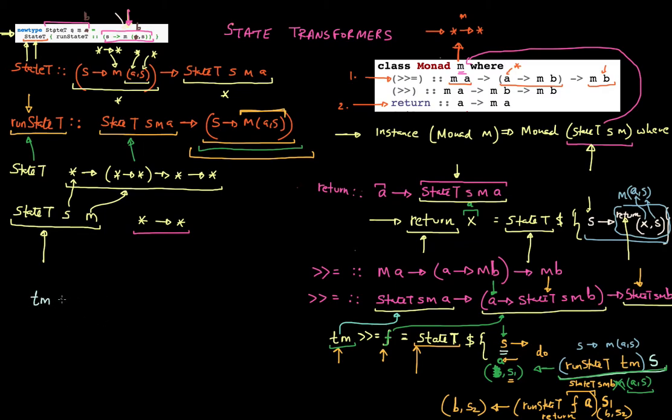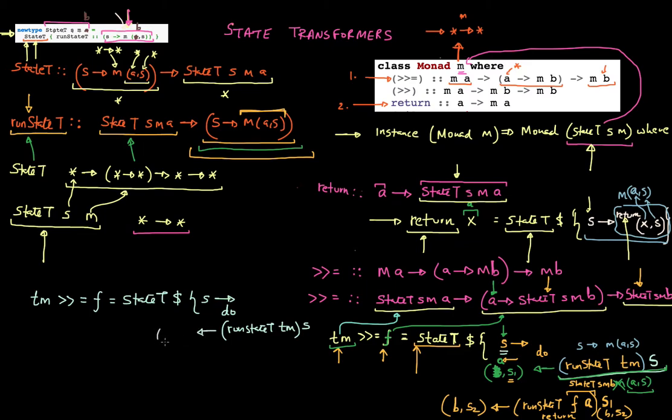So this is equal to StateT, and then I have my do block, and I'm saying runStateT on tm, and then I pass in my state variable s,